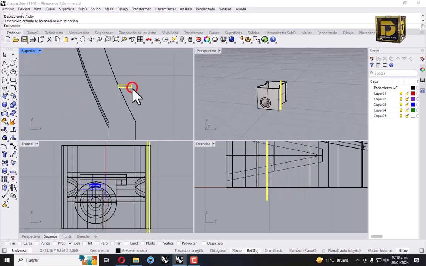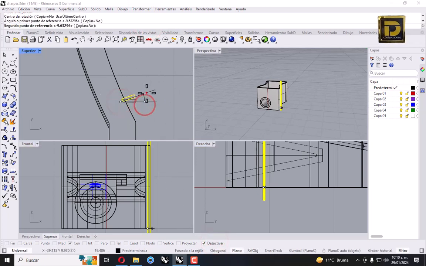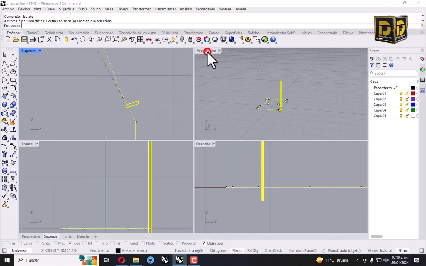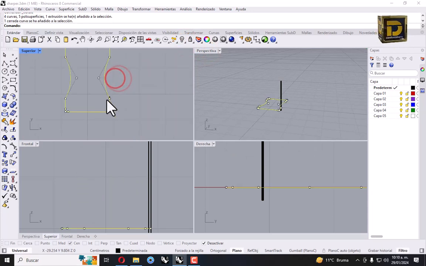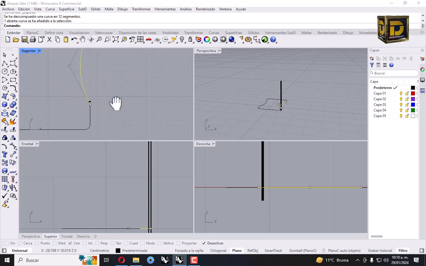Okay, let's move and rotate. Turn off. Okay, select this solid and this curve. Go to isolate. Okay, explode this curve. We need this arc.